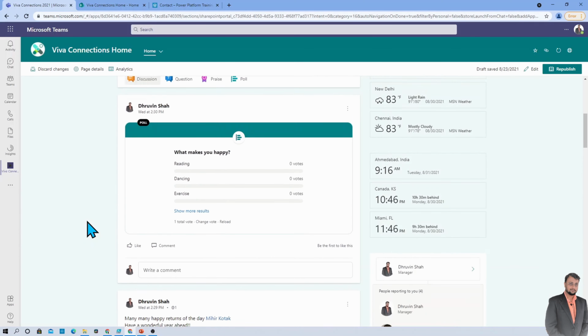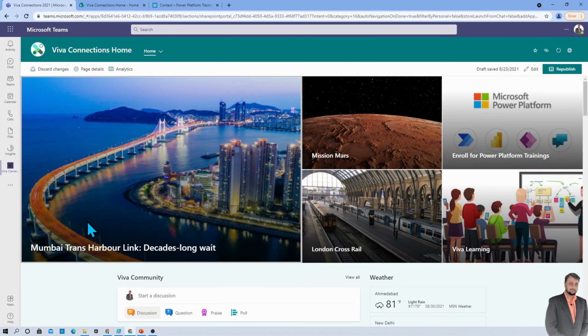really helpful to us. Now, the question arises in your mind: how is this helpful for an organizational purpose? So let's say, for example, you have so many frontline workers working in your organization and they feel very less connected to the organization because they are not checking the SharePoint sites regularly. Viva Connections comes up with the solution here, and it shows all the important organizational activity in a Microsoft Teams context. So users don't need to navigate anywhere, but they are able to see everything in the Teams context with the help of the home site.